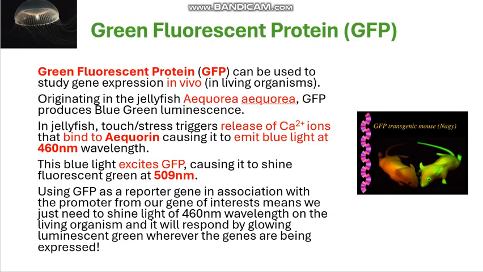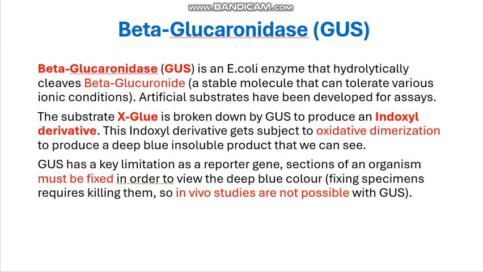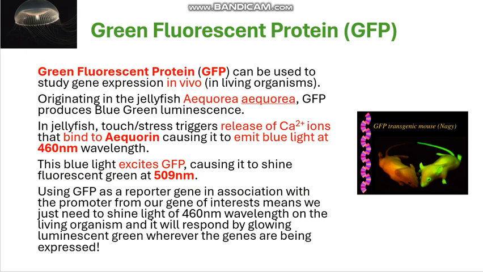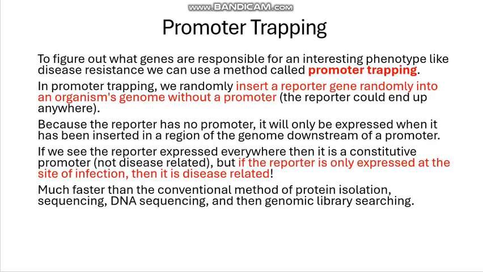So using this method with the GFP and this method with the GUS, that's going to determine the location of where our gene of interest is being expressed, how much of it is being expressed, and at what stage of development it's being expressed. We use this promoter trapping method when we already know what we want to figure out. So